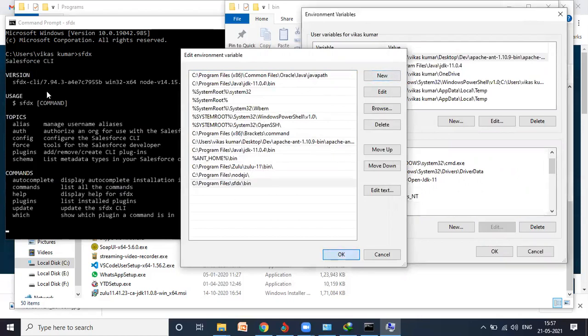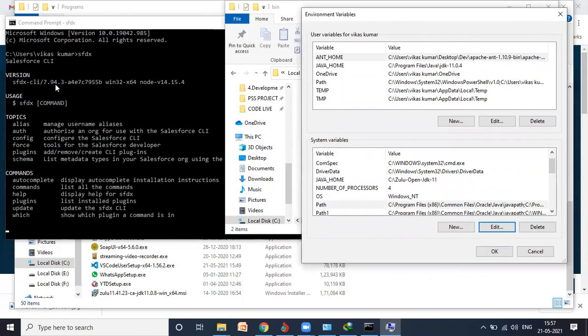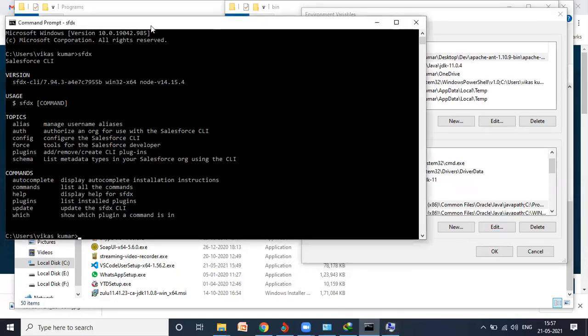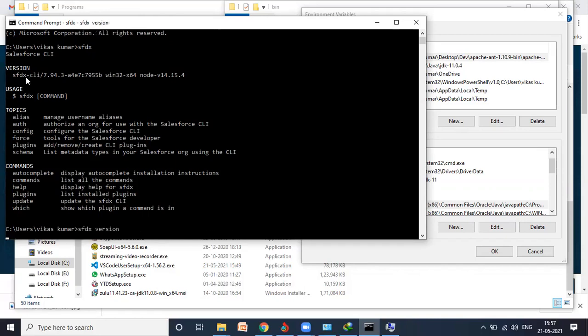Click OK. Meanwhile, guys, here you can see this command line executed. See, it's showing the version, usage, topic, commands, everything. Now let it be a little more specific. In case you just want to know the version of this, right? So what to do? Just type the same code, space. You only want version, right? Then type version, hit enter.